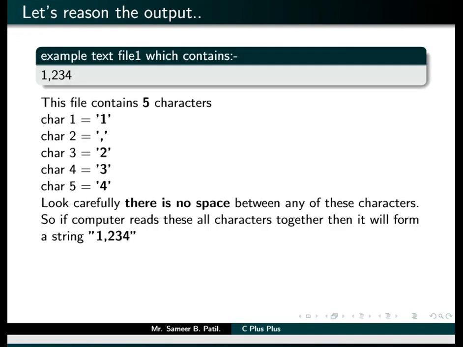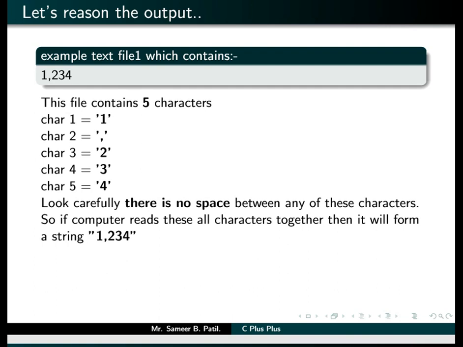So when data goes in a file on a disk, everything for a computer is a stream of characters. Let's say we are displaying this 1 2 3 4 on the screen, but what is actually stored on the computer disk? A binary code for 1, a binary code for comma, a binary code for 2, 3 and 4. So the computer has to process that data and generate an actual representation on the screen.